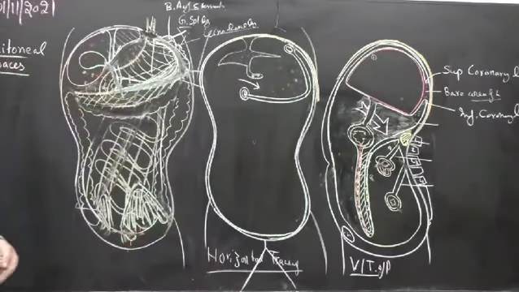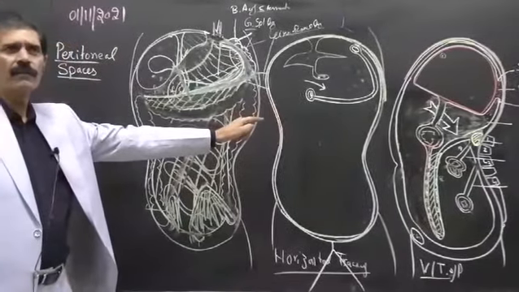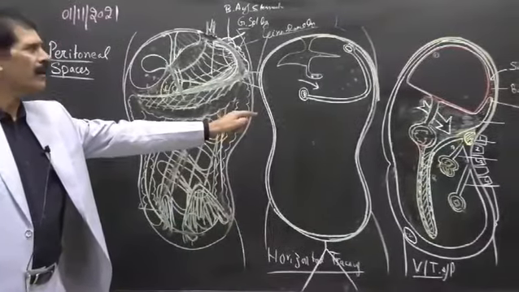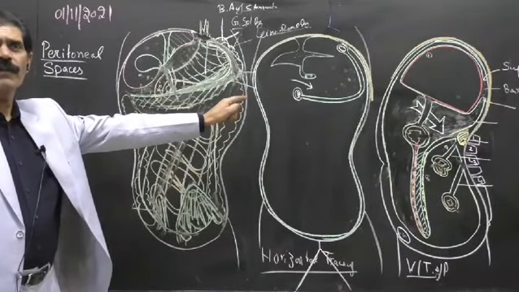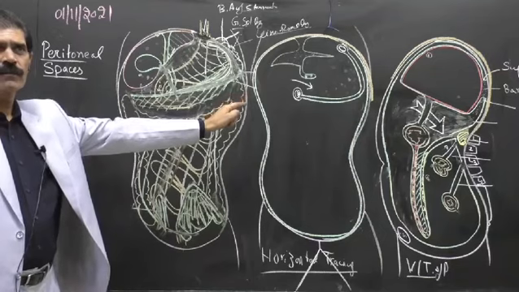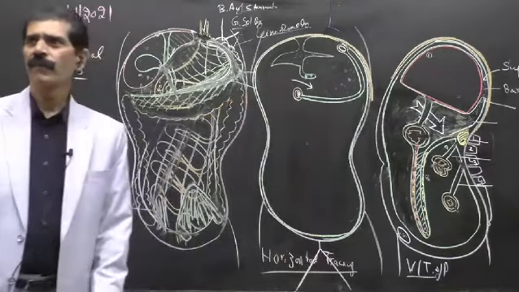Whenever a question of the lesser sac comes, you have to make this diagram also, vertical tracing as well as the horizontal. No doubt it is very difficult to make. Whoever makes this diagram will get the bonus marks, because this is a very difficult diagram to sketch. Having a lot of practice, then only anybody can make this diagram correctly.